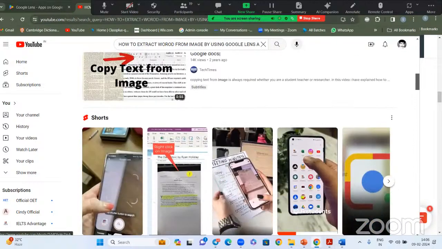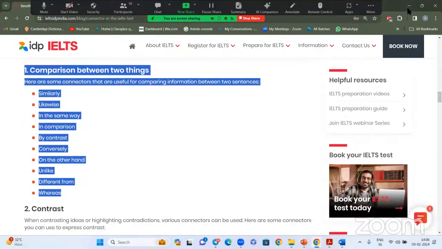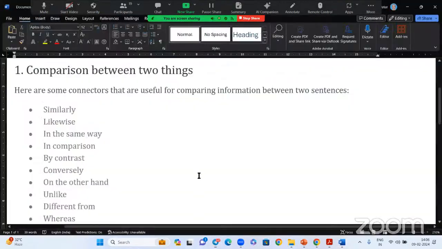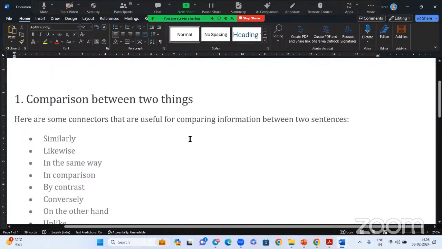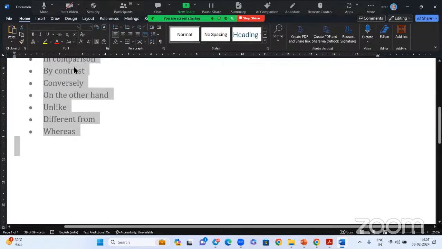So you can download it, and Google Lens will always be there in every app. So no problem regarding that. Yeah. So next. Next point is, now let us go to the next one. So these are the words which you can use here. Next, second set.